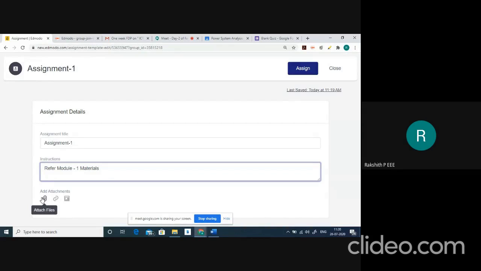Say for example, now if you have created some PDF file, you can attach that by clicking here. Or if you want to add some links, say for example, if you want to ask questions based on some YouTube videos which you have created, so you can add that particular link here and you can type your question here.